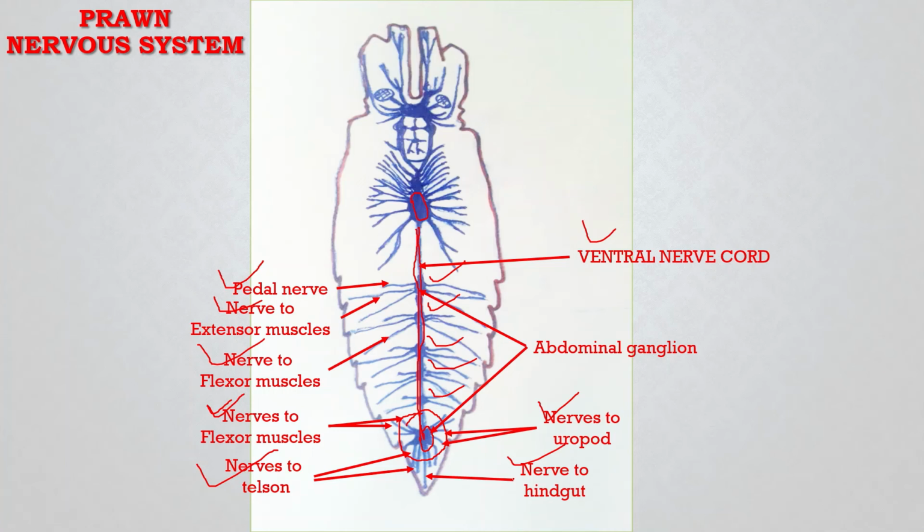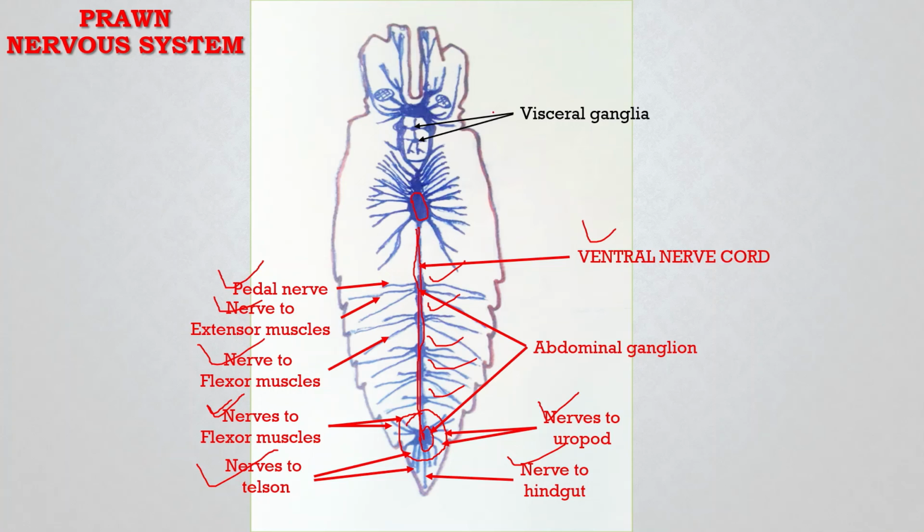Now about the last part of the nervous system, the sympathetic nervous system, or visceral nervous system, or autonomic nervous system. This system comprises a few ganglia and nerves. There is a small nerve arising mid-posteriorly from the brain and it bears 2 ganglia, called visceral